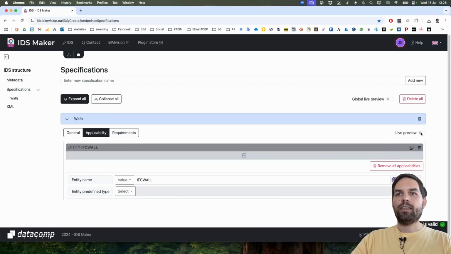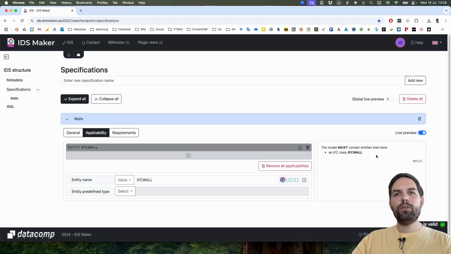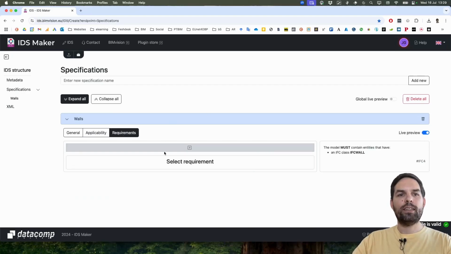Okay, we can start by activating the live preview to see a more human readable format of our requirement. And here is: the model must contain entities that have an IFC class, IFC wall. But this is just a selector. And now we need to specify the requirements. The requirements is, if you go back to the